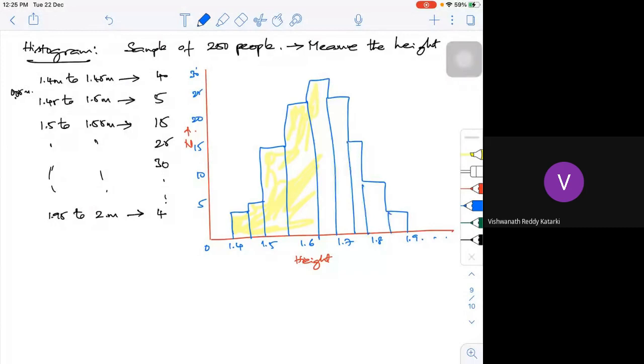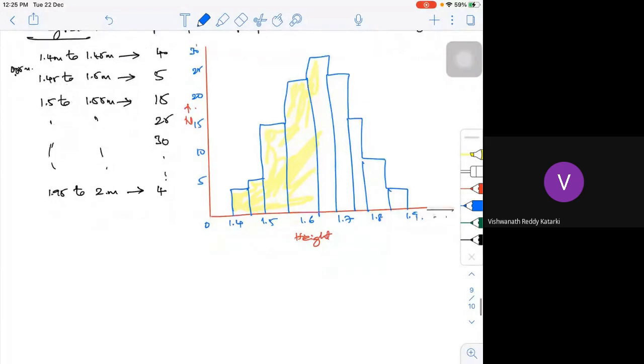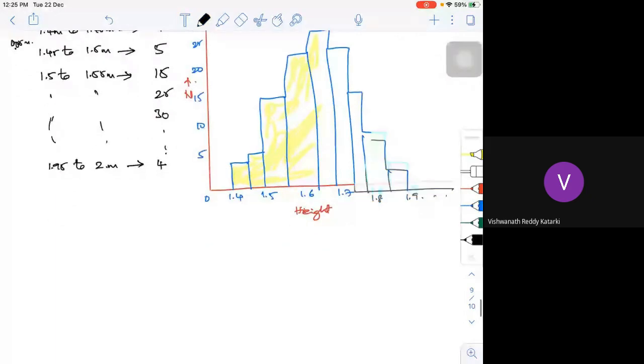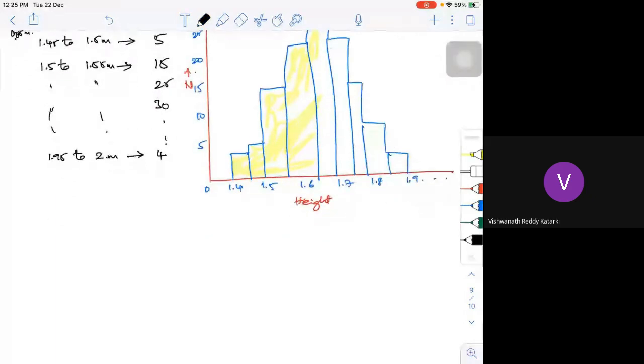At a particular range, how many people are there? And in matplotlib, we use hist, the hist function, to create these programs.